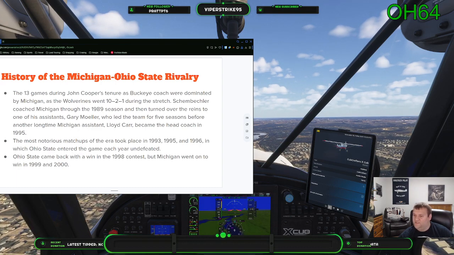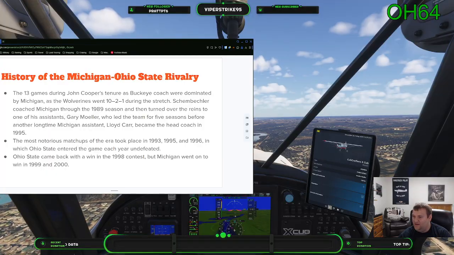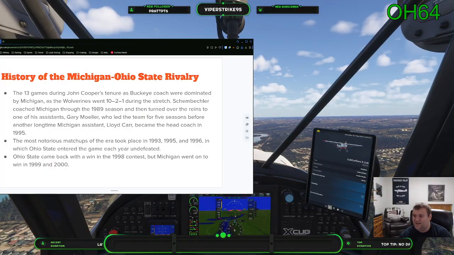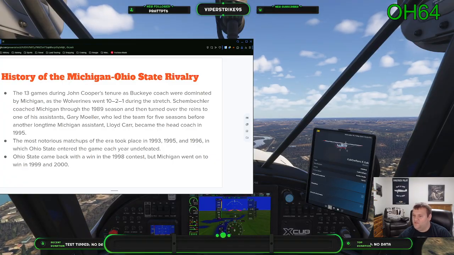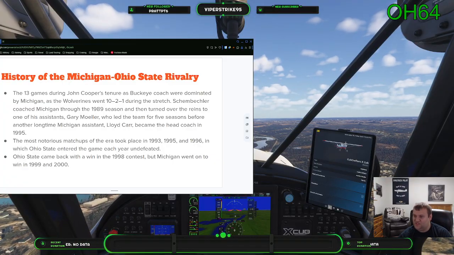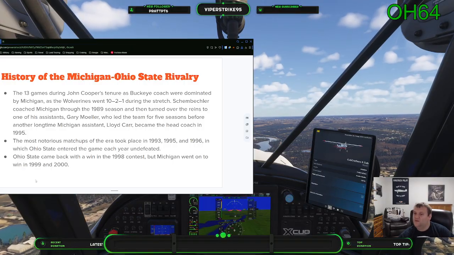Of course, Ohio State won the contest in 1998, and Michigan went on to win in 1999 and 2000. Interestingly enough, Tom Brady was part of that. Yes, Tom Brady was a Michigan Wolverine.